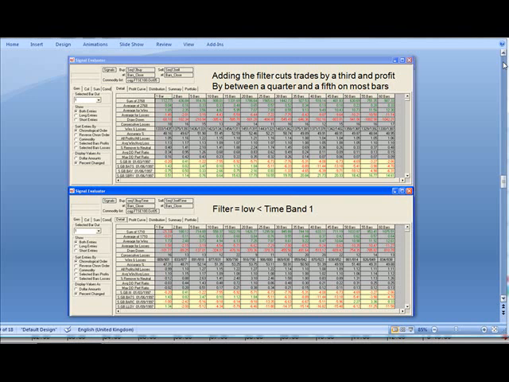I had a project that an arcade asked me to do, where I looked at all the studies in the suite to a PowerPoint that was over 1,000 slides, and looked at ways of taking these raw signals on sequential or on combo and seeing whether there was ways of improving them. And what I did here was take my own volatility time bands and say that for a signal to be true, then price, if it was a buy, had to be at least gone below 1 standard deviation down, and if it was a sell signal, 1 standard deviation up. What this did was cut signals considerably without cutting the